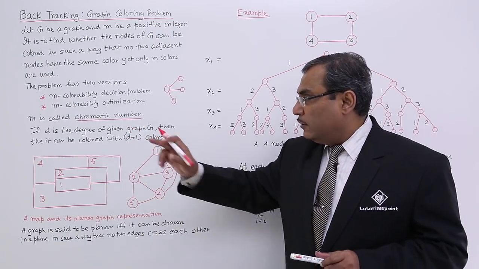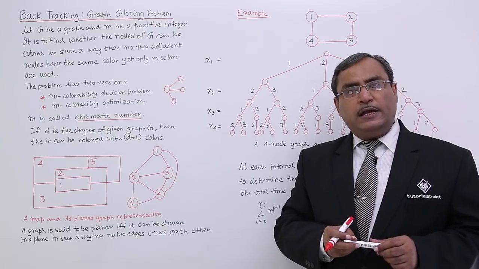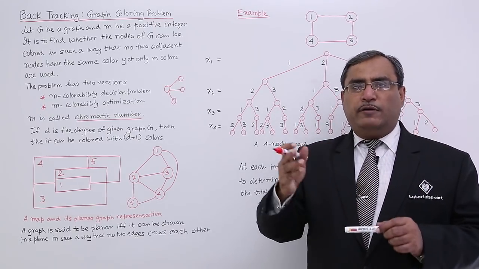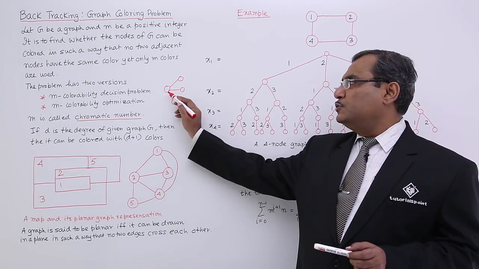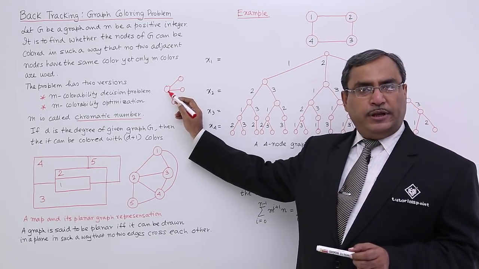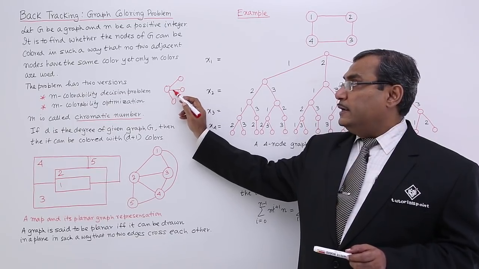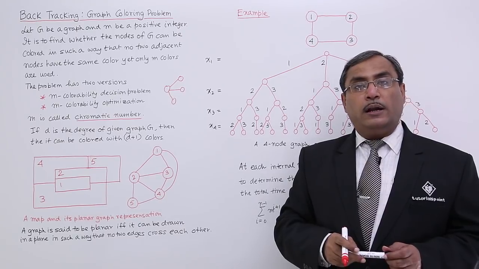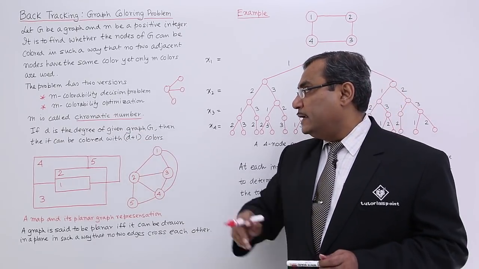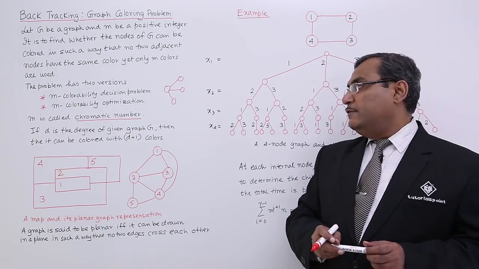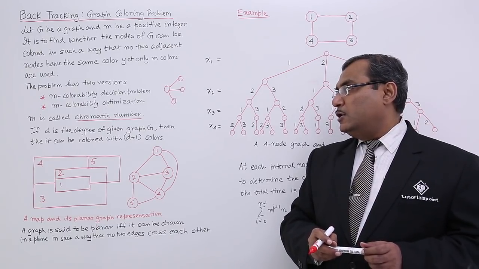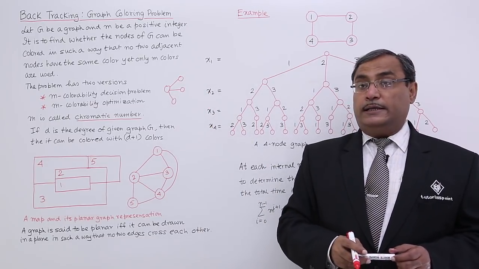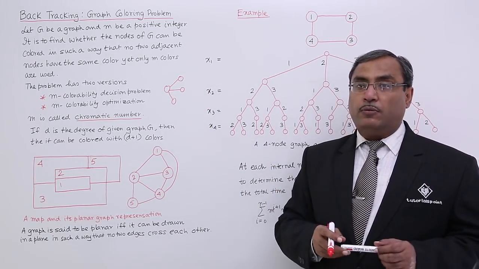And what about the degree of a graph? Degree of a given graph means the maximum degree of all nodes will be the degree of the given graph. Now let us suppose the degree for this node is 3, but to color distinctly with the adjacent colors, we may require D plus 1 number of colors. So, it is telling that if D is the degree of given graph G, then it can be colored with D plus 1 colors. So, D plus 1 colors can easily color them. But is it optimum? That has to be found out.